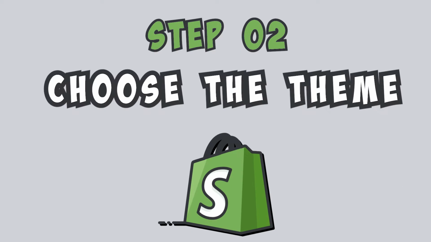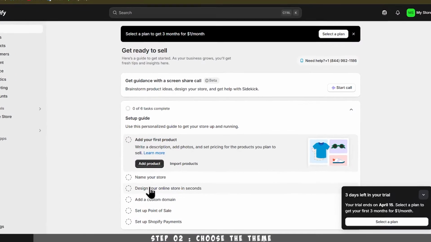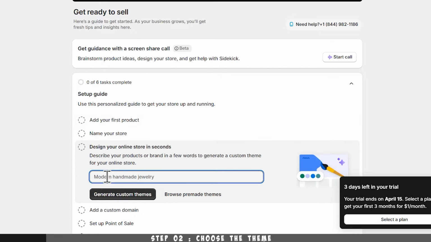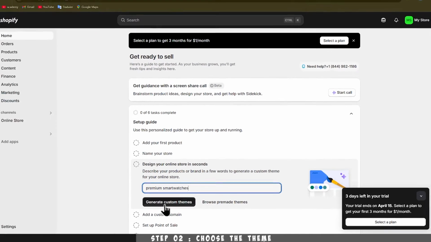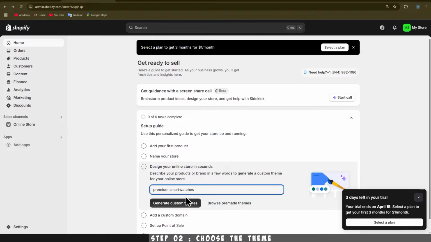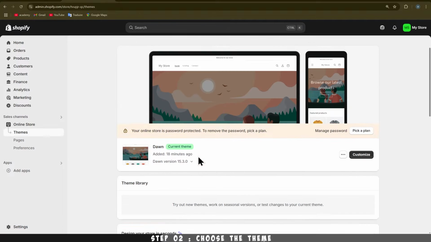Step 2. Choose the theme. To choose our theme, click on Design Your Online Store in seconds. Here, you can choose between Generate Custom Themes and Browse Pre-Made Themes. You can generate a custom theme by briefly describing what you'll be selling in your store. For example, in our case, it's premium watches. Click on Generate Custom Themes to generate them, or click on Browse Pre-Made Themes to use the base theme of